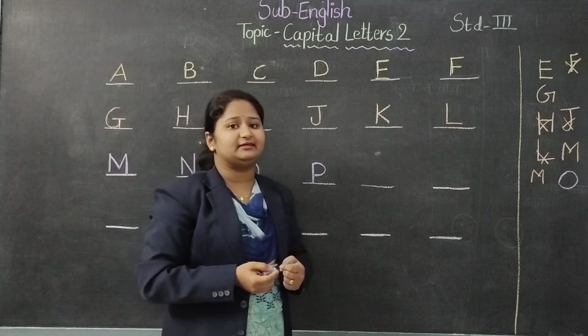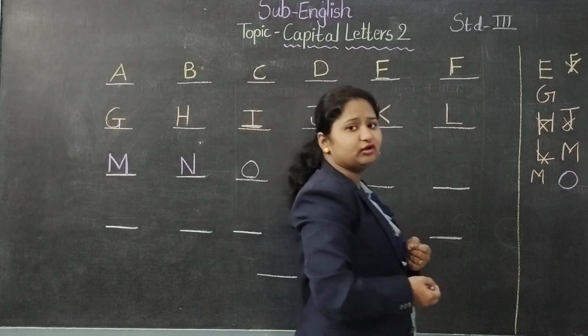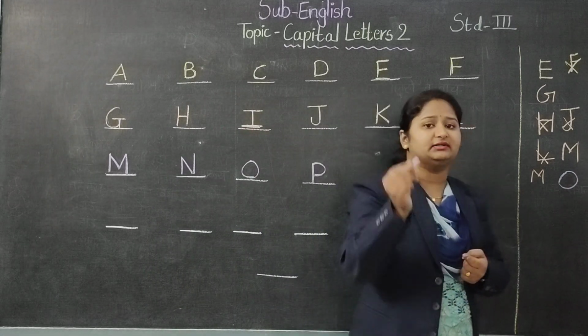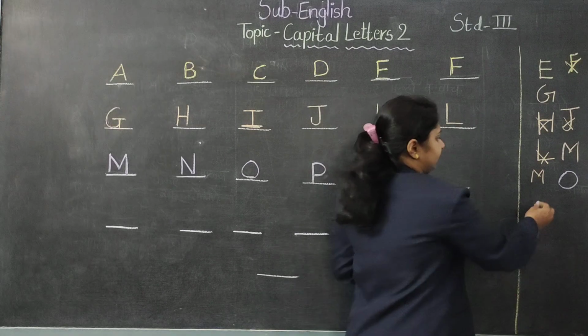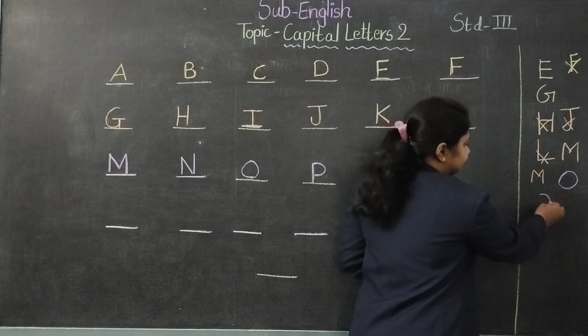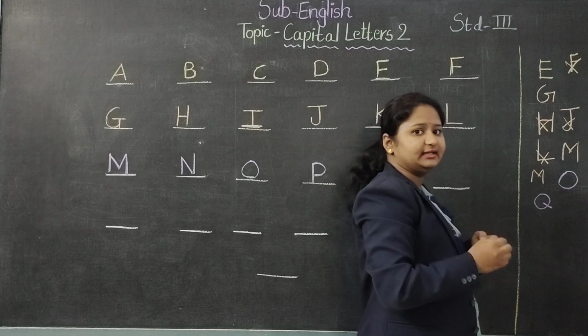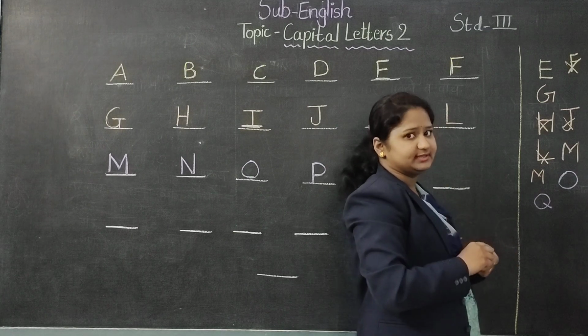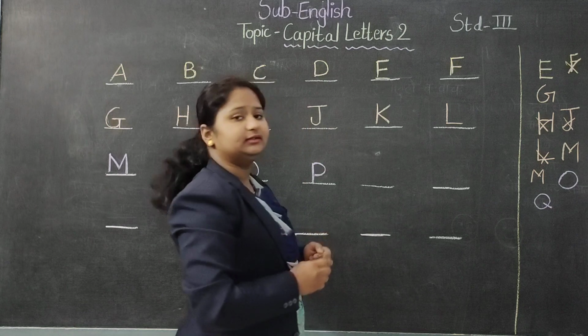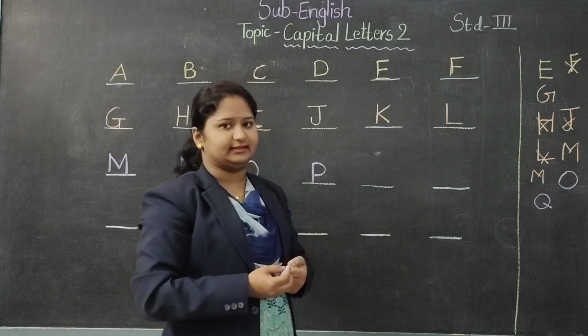We'll move to the letter Q. Now, I have always said we have to start from the right side. Some of the students start from the left side and then make the slanting line which is inside the Q, but this is the wrong method. We will see the right method of writing letter Q.